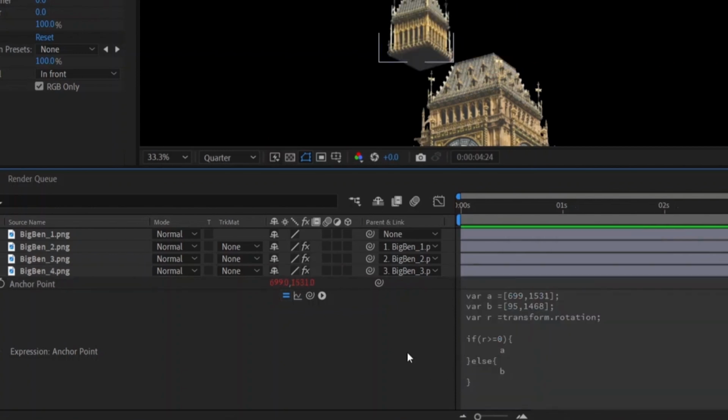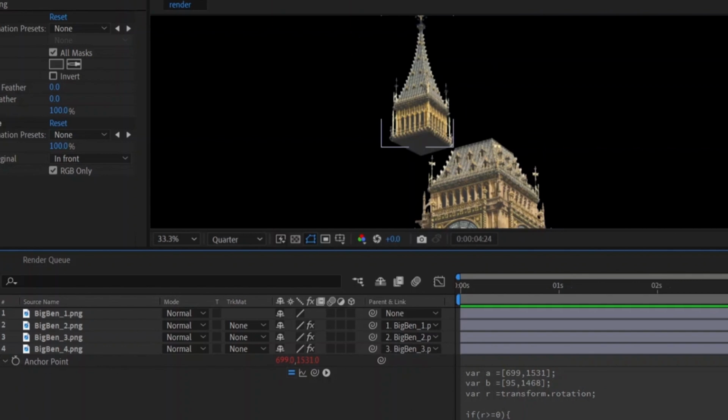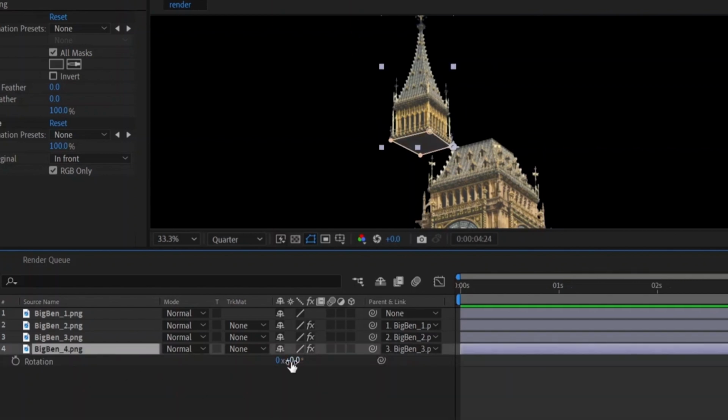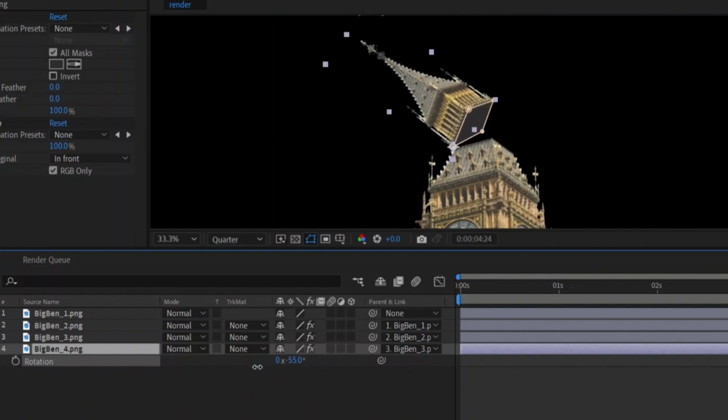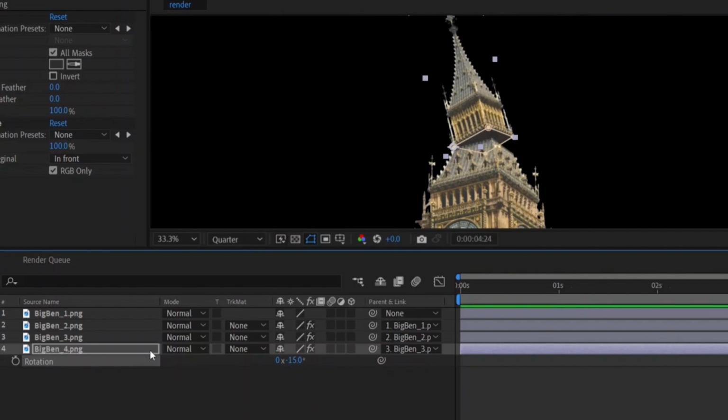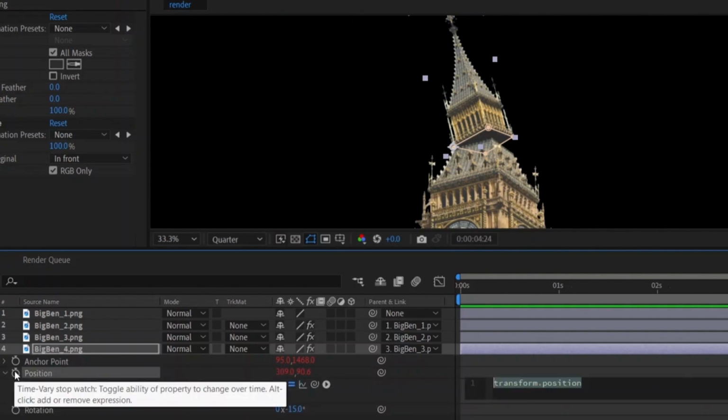So now you can see what I have done. If we play with the rotation now, this is moving something like this. So let's press position. Now open the position expression. Here we will type